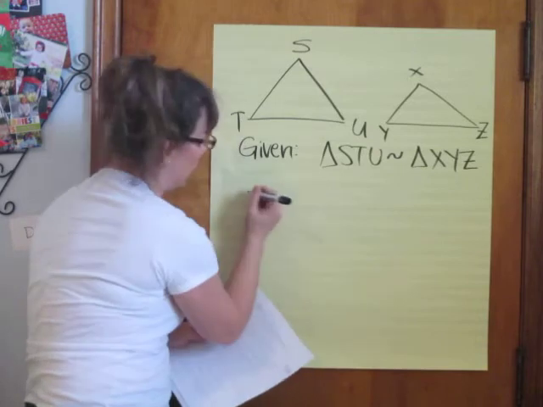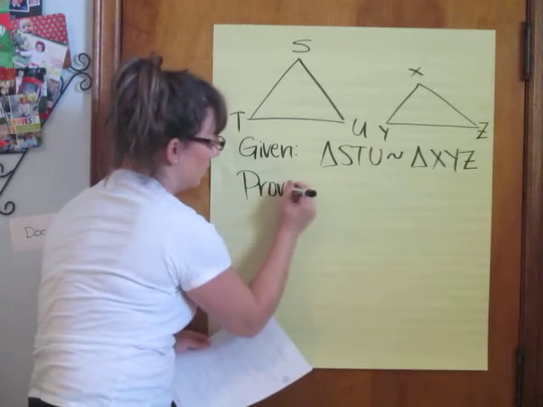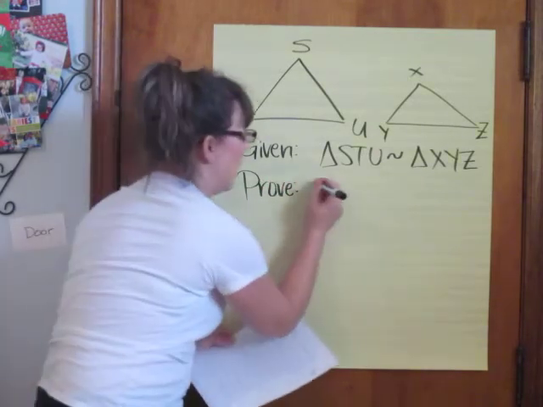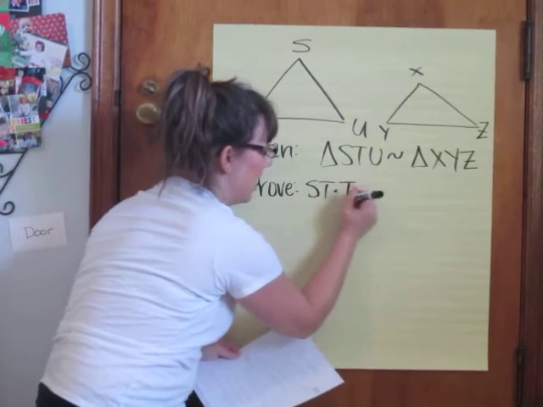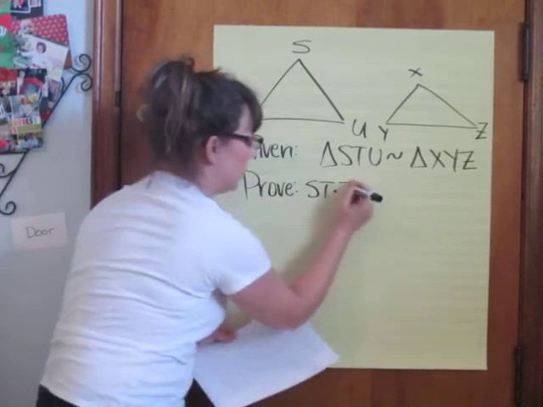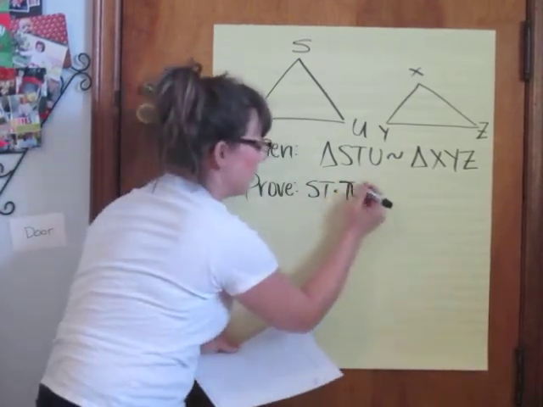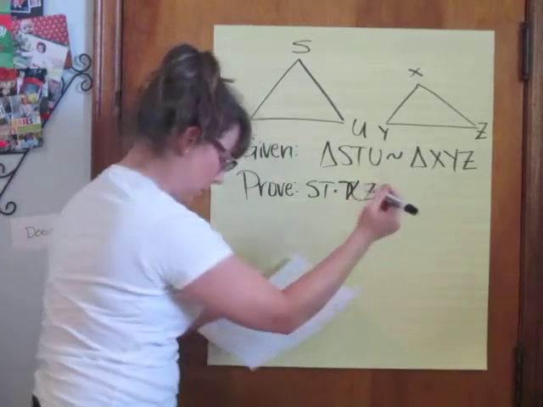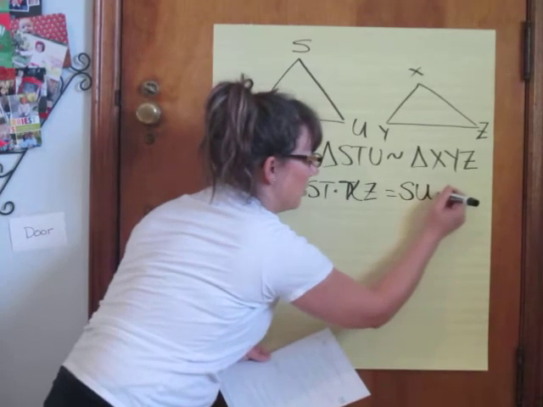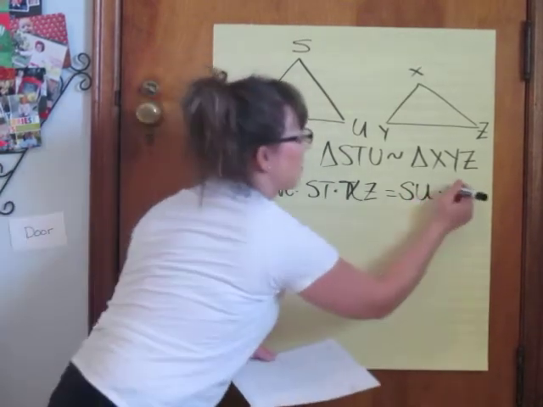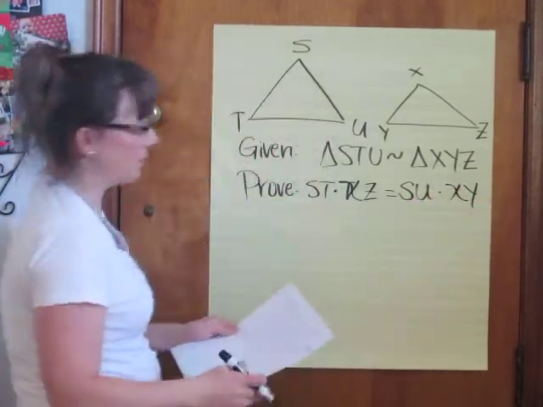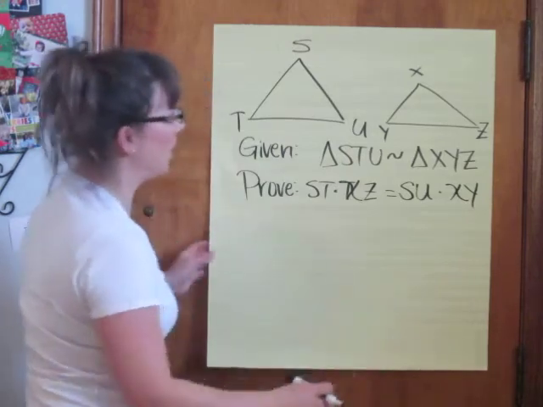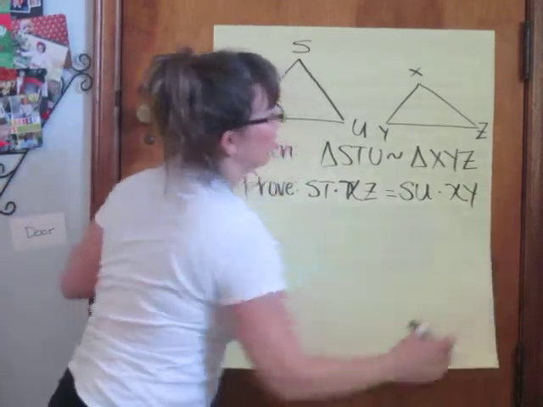We want to prove that ST times XZ is equal to SU times XY. That's what we're going to prove, and we're going to prove it with a proof in